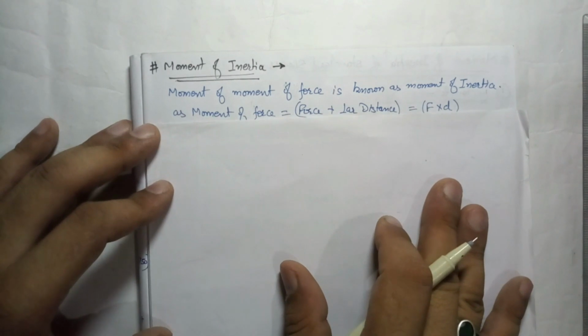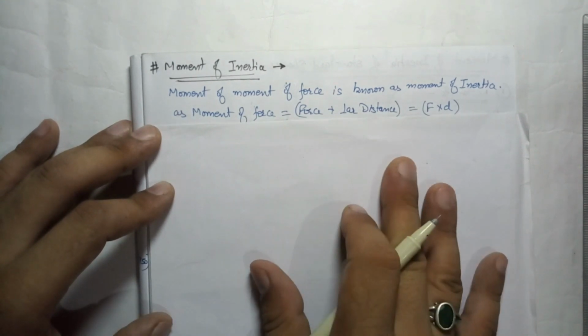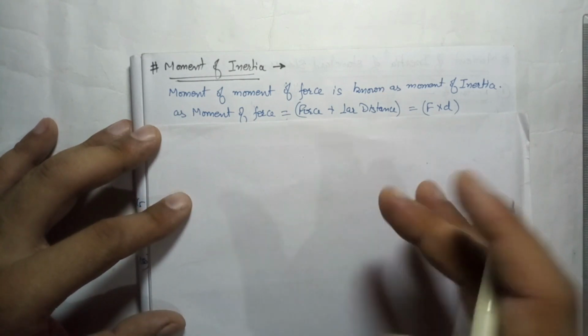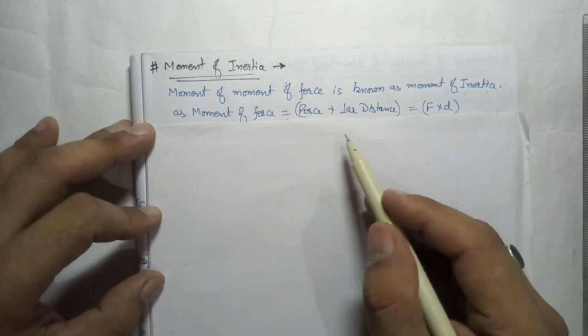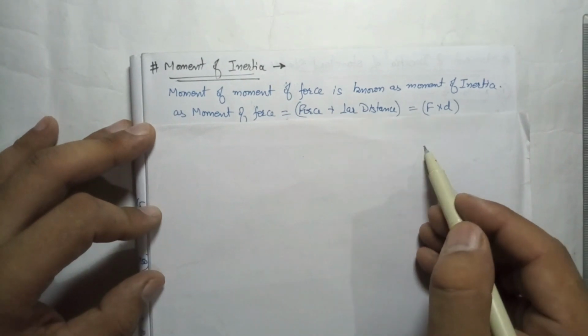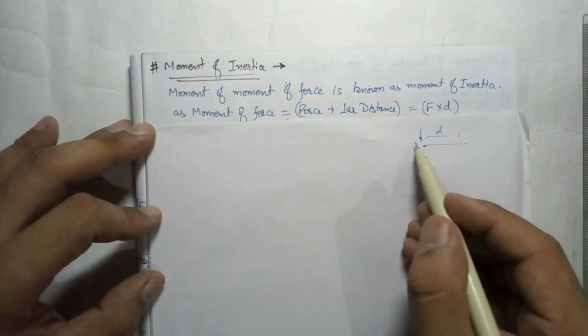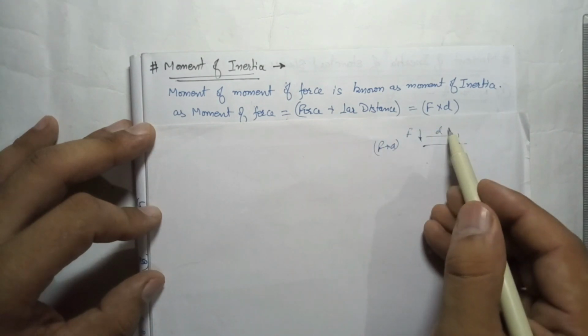Now we know what is moment of force. Moment of force is equal to force into perpendicular distance. We have solved a number of numericals also on this same topic. I have given you an example when we close or open a door, or we have to open a nut with a spanner. The applied force multiplied by the perpendicular distance becomes moment of force, F into D. So that is moment of force.